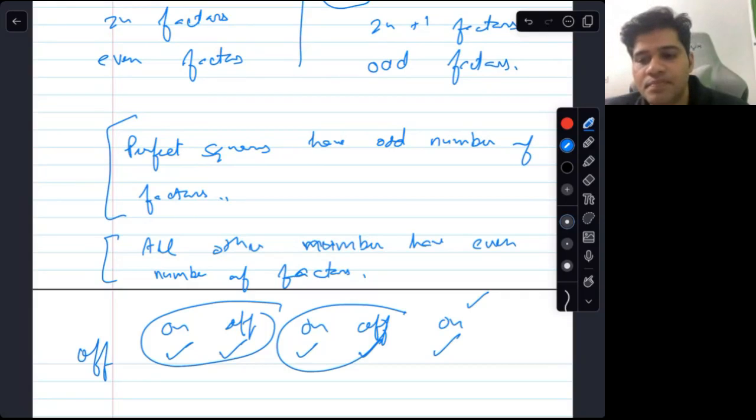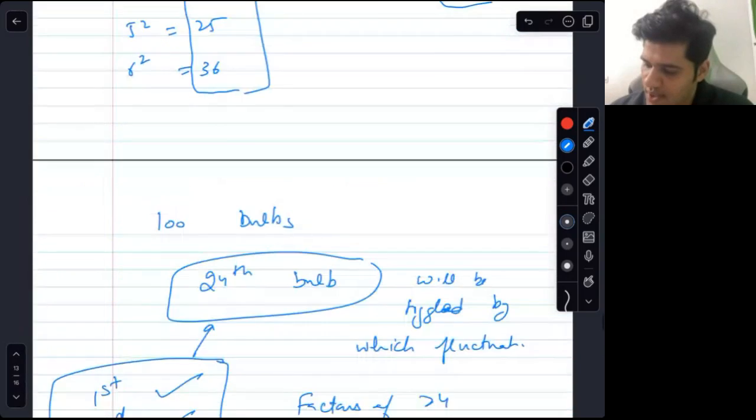But is this question clear or not? Did you enjoy the question? I think it was such a fantastic question. Actually, if you think the puzzle and the story are just to confuse you, the question is about knowing this thing that perfect squares have an odd number of factors. That is what the question actually is.